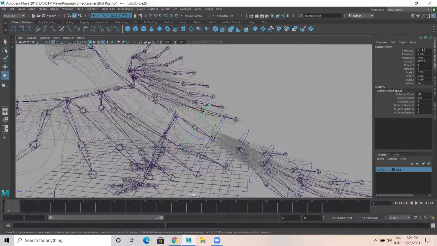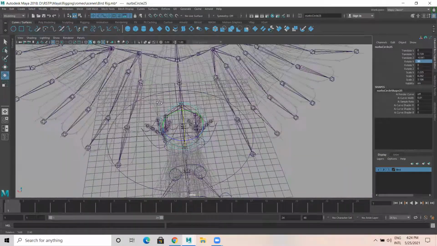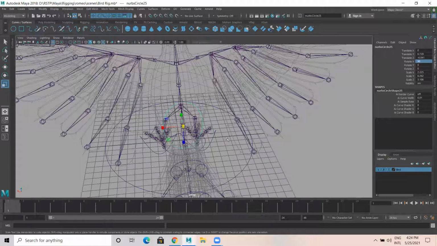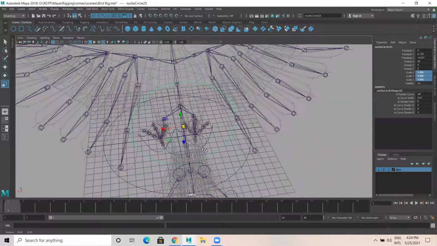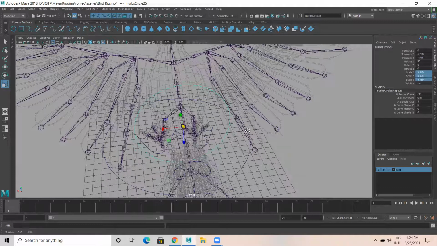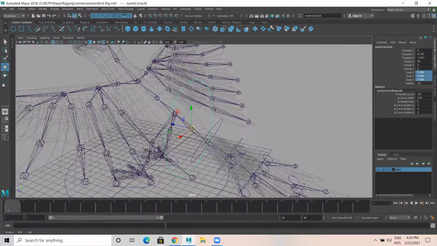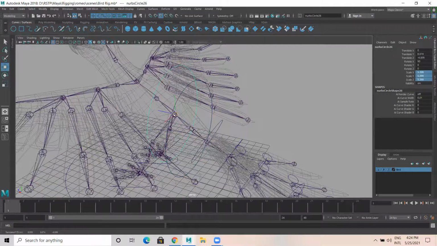Vertex snap to point. So I'm going to rotate this. And this is cog. I want the cog to be quite bigger. Okay, like this. And I'm going to duplicate this for this spine,